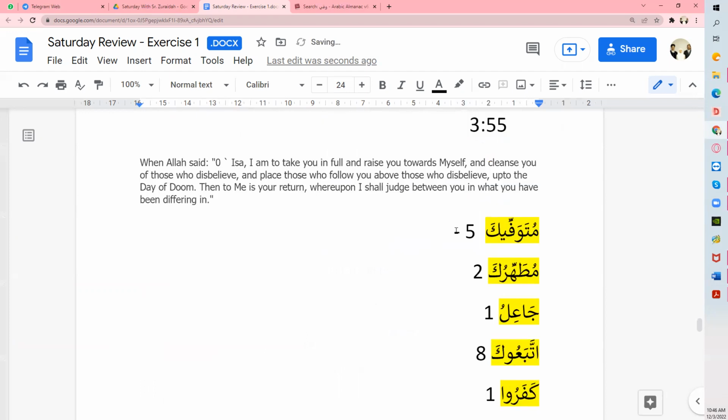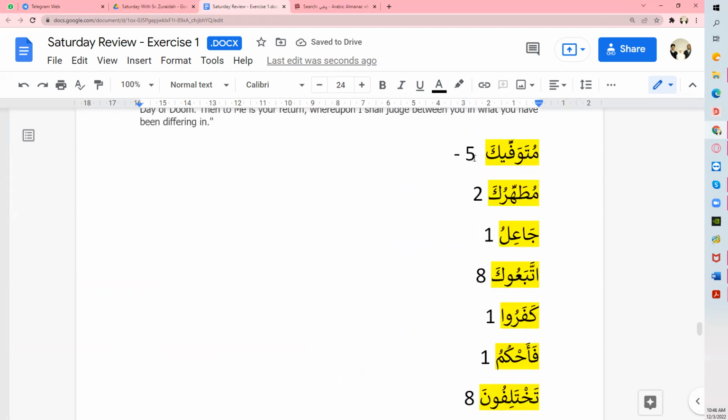Okay, so here we are. I think we are quite clear that this is family 5, extra ta and shadda. This is family 2 with a shadda. This is family 1. It's the word that makes it have an alif. Yes, and this is family 8. Yeah, that's why we have the ta there. Family 8 is what? What are the signs of family 8?